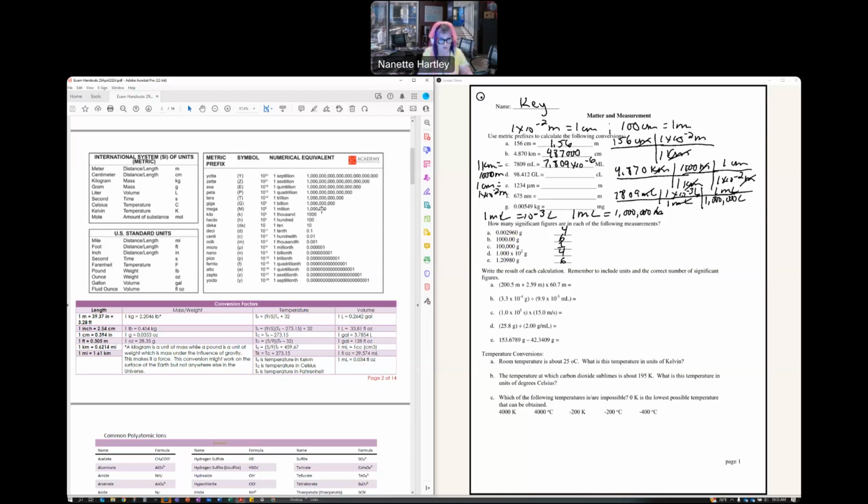Now, the next part that we're going to come to is actually doing some math with these numbers. And this is when sig figs become a really big deal, because we have to know how many sig figs are in each of these things that we're dealing with when we do the math. Okay, so the first thing I have to do in this math,